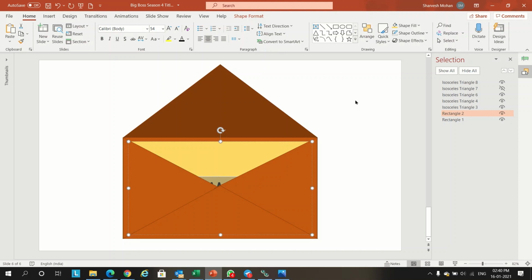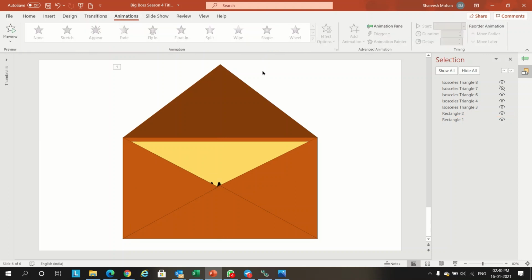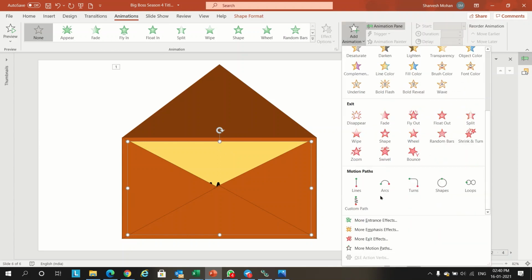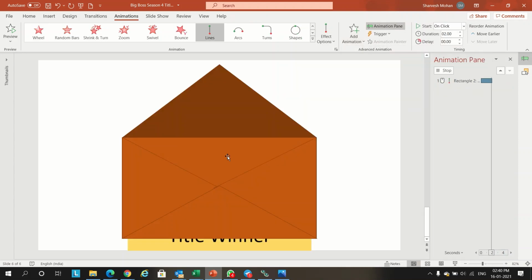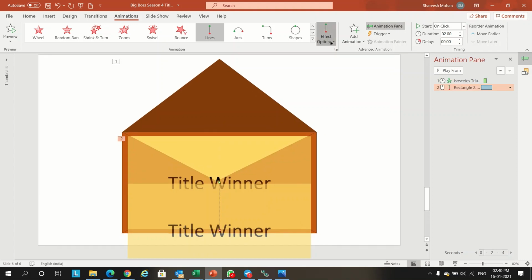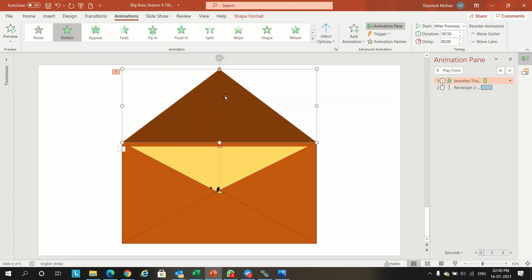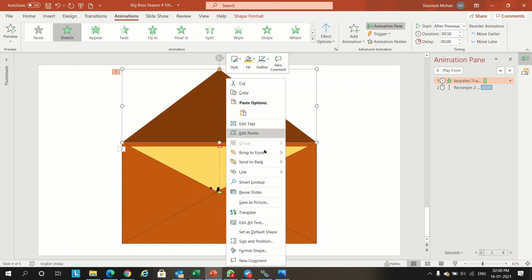Now we have to go to animation pane, insert a motion path animation, click on motion path. By default it will go down. We have to change the effect option to up, so it will come up. So this one is coming, so we have to select this one and send to back.